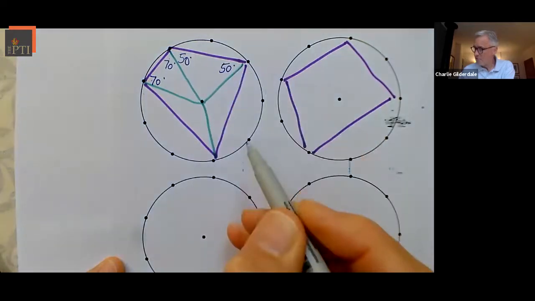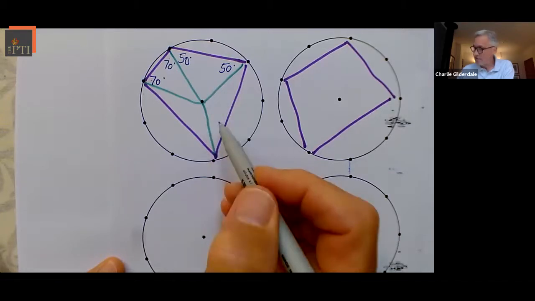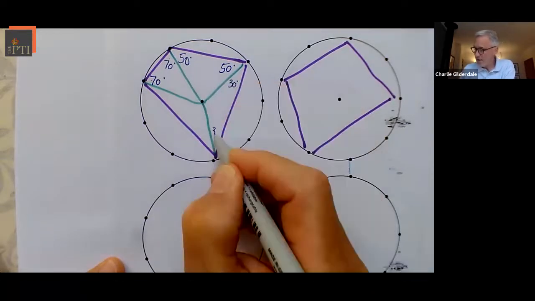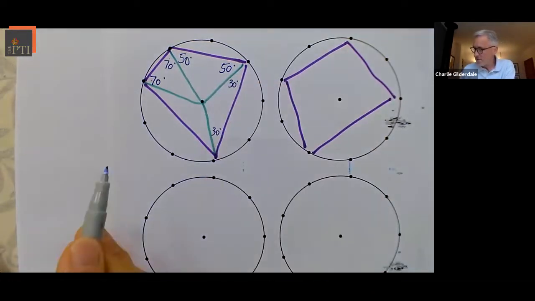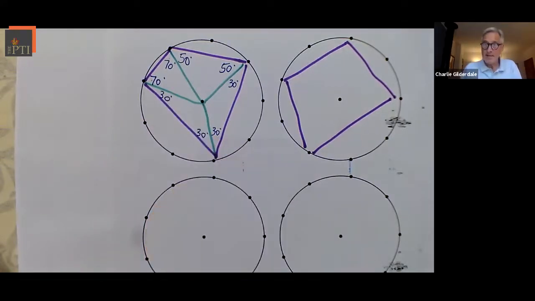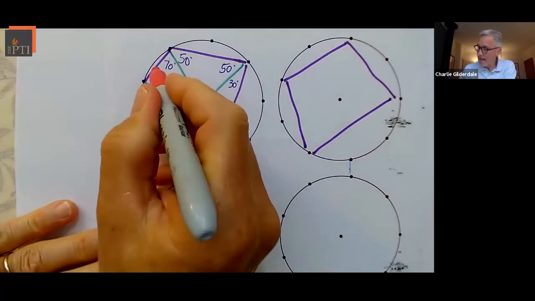Here we've got 120 degrees, which leaves only 60 degrees. And because it's isosceles, we get 30 degrees for each. And this is identical to that triangle. So again, that's going to be 30 degrees and that's going to be 30 degrees. So like Alison says, we would ask lots of students to do this, lots of different quadrilaterals, and then we'd be asking them to give us the angles